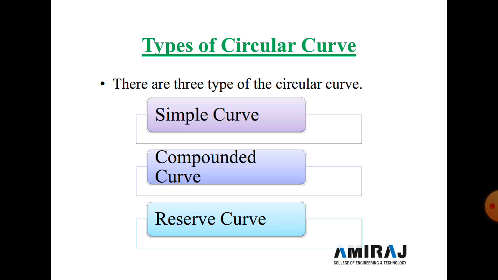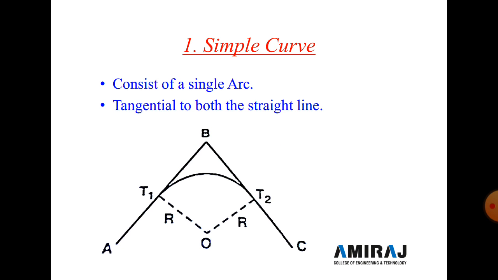Now another is the types of circular curve. A circular curve is generally divided into three parts: simple circular curve, compound curve, and reverse curve. One by one we discuss them. First we discuss the simple curve. Exactly, you know what a simple curve is. This one is a straight line or straight road, and then after that the road turns in any direction and changes direction, so it is a simple circular curve. And here only a single radius curve is drawn.